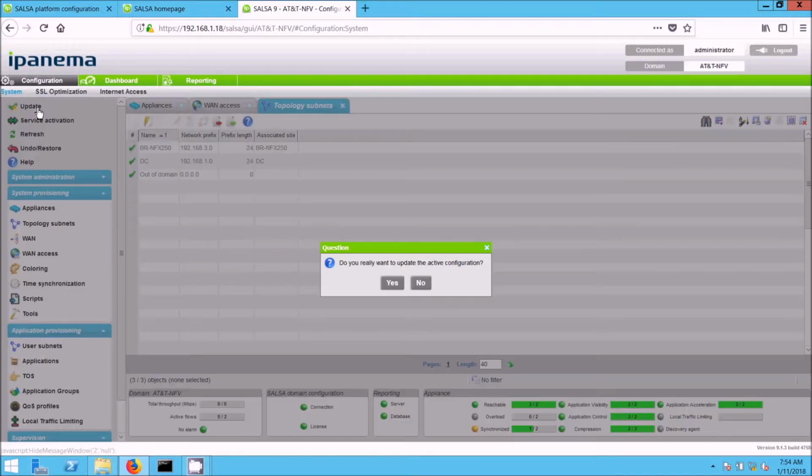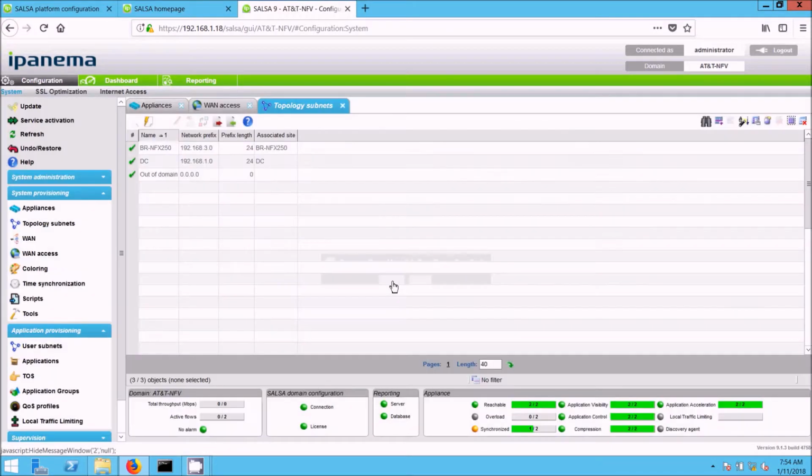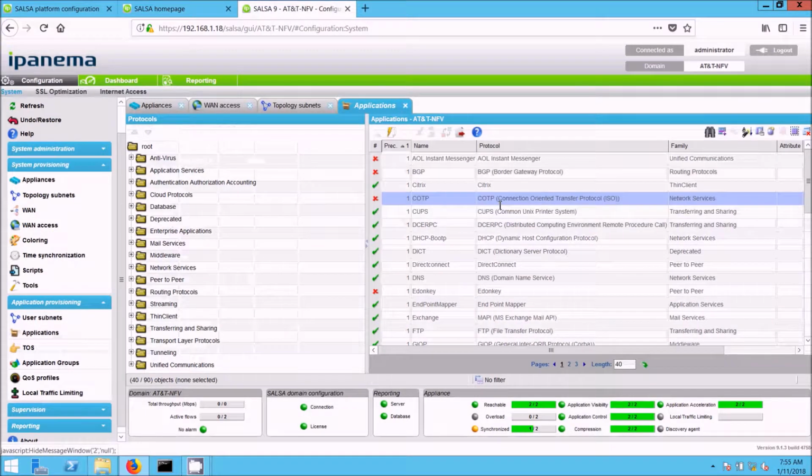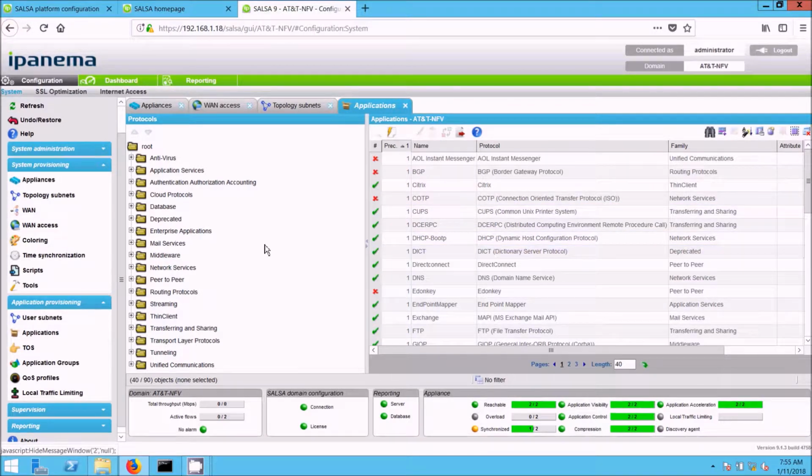Okay, we apply it. You can see, globally straightforward configuration. Now I need to define a customized application, two applications that will be used for